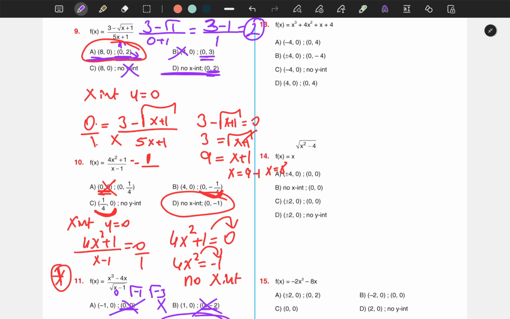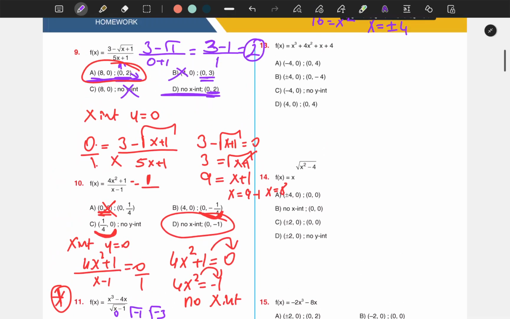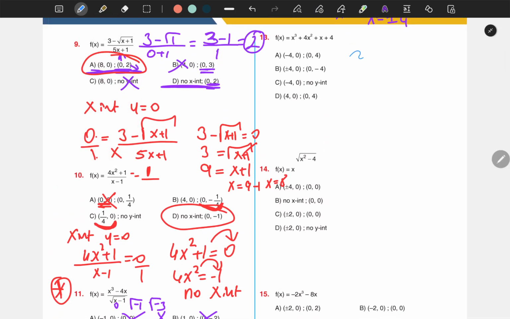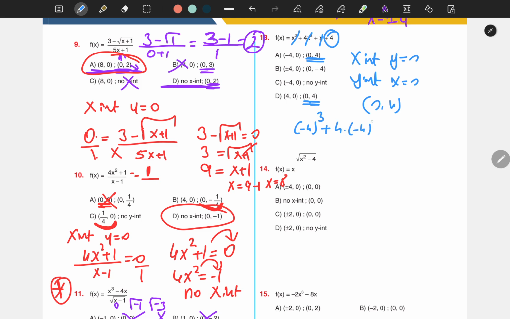Okay, again guys, for this type of example, what should we do? Look at here, 13. For x-intercept, y0, isn't it? For y-intercept, x0. If it's x0, let me check. 0, 0, 0. What's left? 4. 0 and 4. So only 0 and 4, we have a 2 option. Another one, guys, I have to replace option, isn't it? Let me check the A. In x, if I replace negative 4,